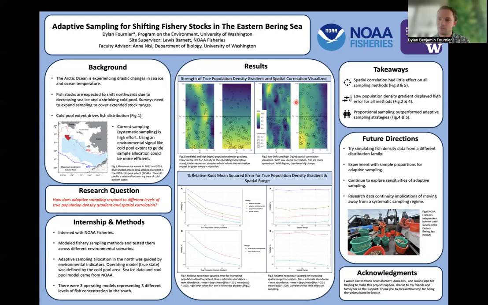However, surveys are starting to change in the Eastern Bering Sea, and this is because the ocean is experiencing some drastic changes in sea ice and ocean temperature. These changes are leading fish to move further north and beyond their historical ranges. So our sampling area must also expand to encompass these ranges. However, as I just described, systematic sampling is very high effort, so it makes expanding our sampling a little bit